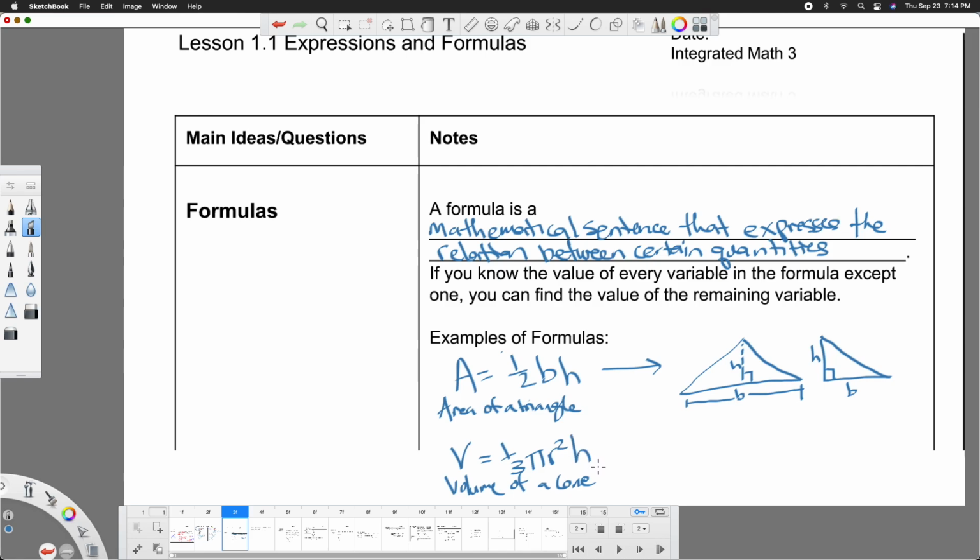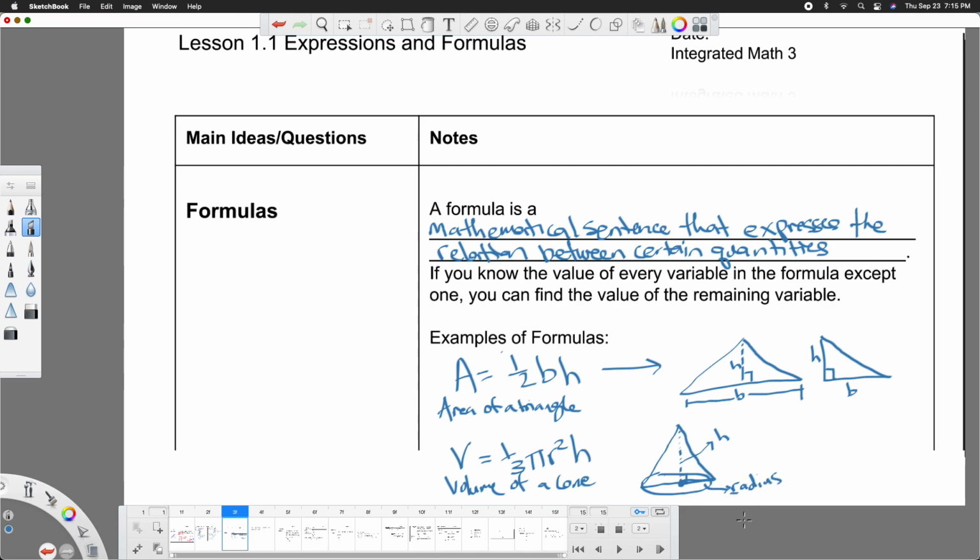So what this means is if I have a cone, I'm going to try to draw a cone nicely. It's not my best work here. It's a very horrible cone. We're going to pretend like this is an upside down ice cream cone. So we have a height going down. So this would be our height. The radius would be this piece here going from the perpendicular intersection of the height and the base and over to the side. So this is called the radius, which is what R stands for. Radius, and we just